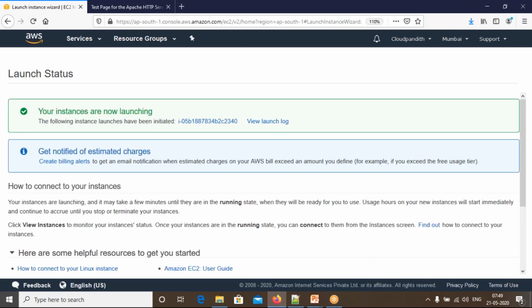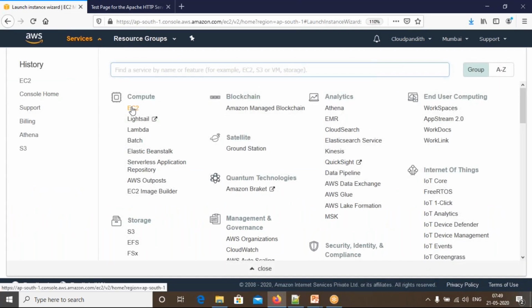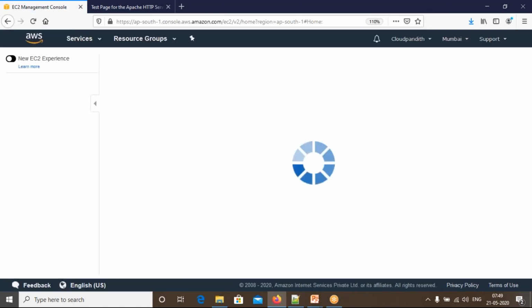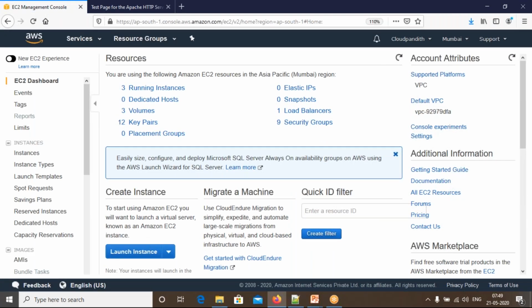Now Linux VM, which is running on port 80, remember. Okay, come to EC2. We have enabled the security group for port 80 and SSH 22 because we need to connect to the Linux VM, and whatever applications we have hosted on the Linux VM, we need to access through the browser. To access through the browser, we need to enable port 80, and port 22 to access the Linux VM through PuTTY. Okay, remember.